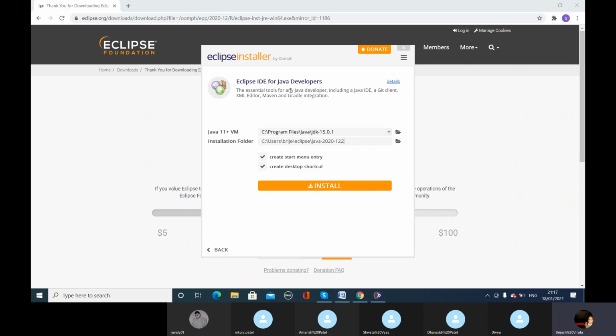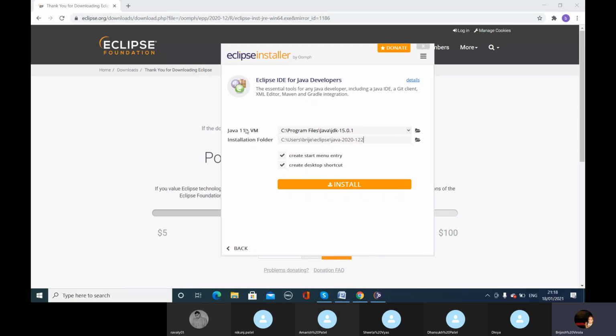You can create Maven project and Gradle integration. It says in here, this Eclipse version needs to have Java 11 plus virtual machine. VM means virtual machine. So if you have Java 8 installed, it doesn't work.